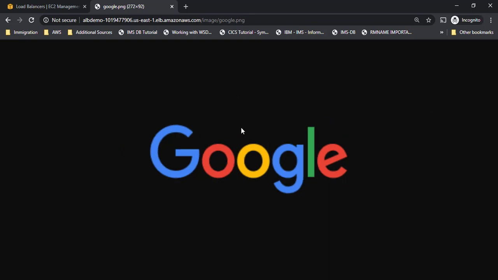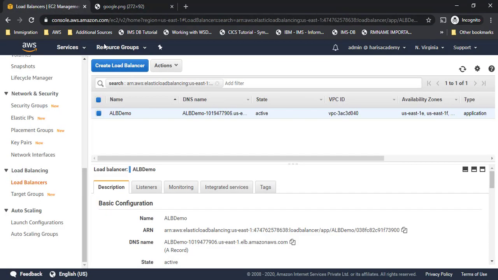So now the details are going to the second web server. This way, whenever I keep on refreshing it, it will go to this particular web server only, based on the path which you have given. So every time the path has /image/*, where star can be any image name, it will keep on going to the second server only. So this is how we can use application load balancer for path based routing. I hope the concept is clear to you guys.